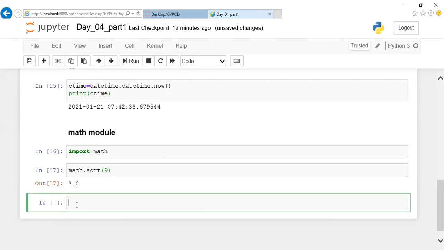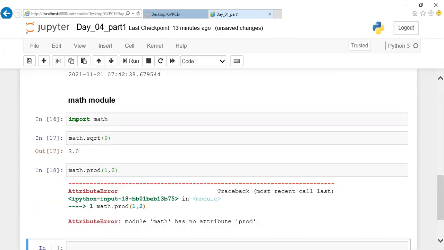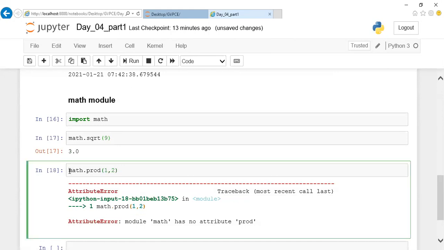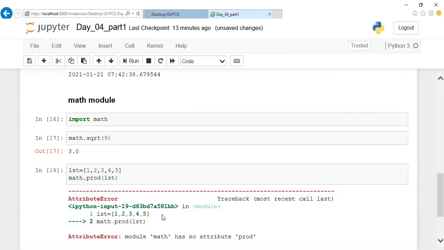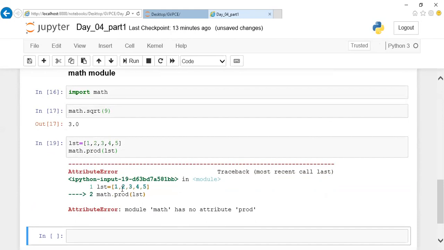And let us assume if you want to do the product of numbers, I can mention math dot prod, PROD only, not DCT. Sorry guys, it should be a list. It should be an iterable. I can't pass it like this. Let me pass this list here.